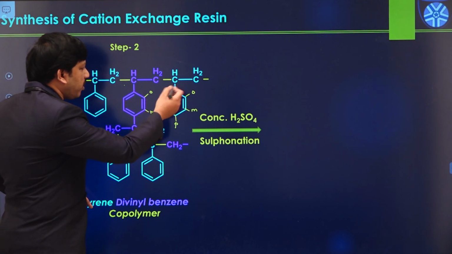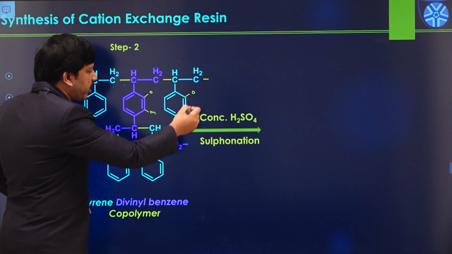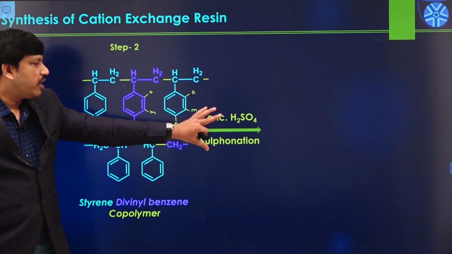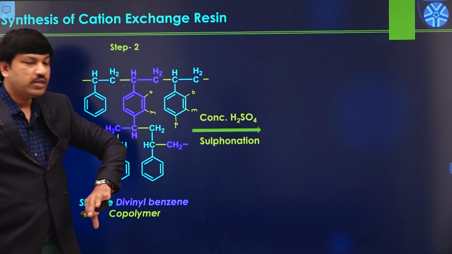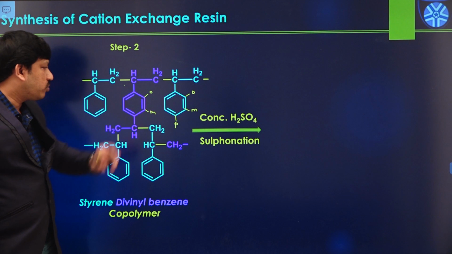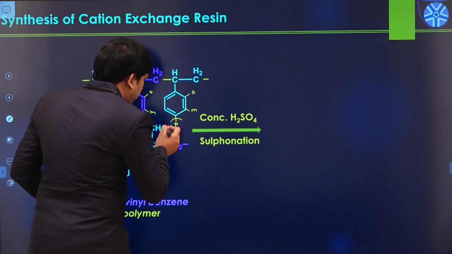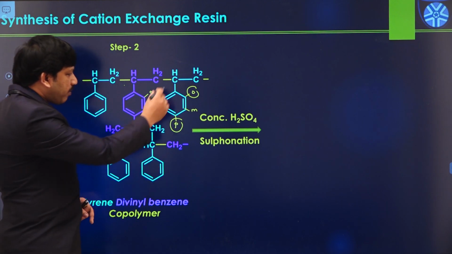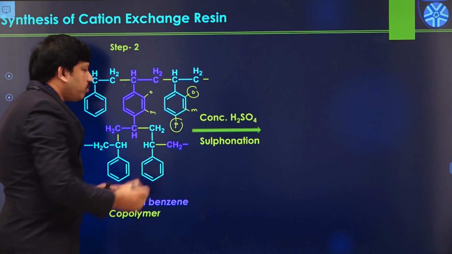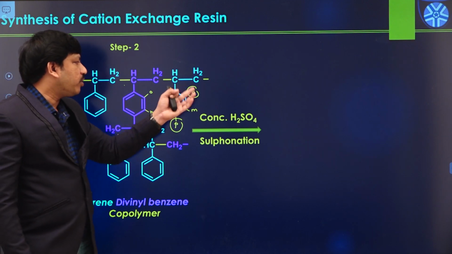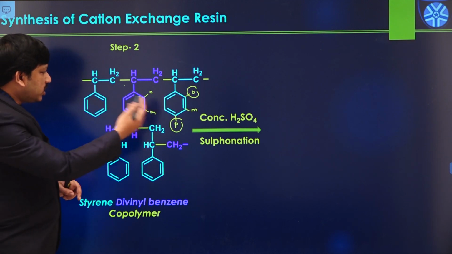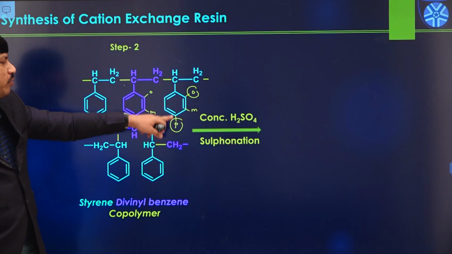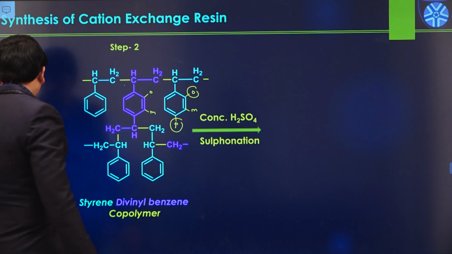But we have a styrene molecule. This group has a lot of space; there is no disturbance. That means whenever you provide a sulfonating agent or carboxylic agent, that group mostly prefers the ortho or para position only. Among these two, the para position is the most convenient compared to the ortho position. So that is the reason that in sulfonation, the first group goes to the para position of the styrene molecule only. We'll see how it is possible.